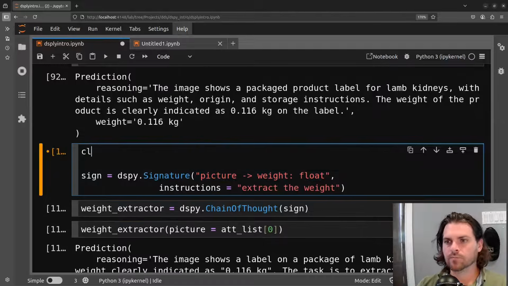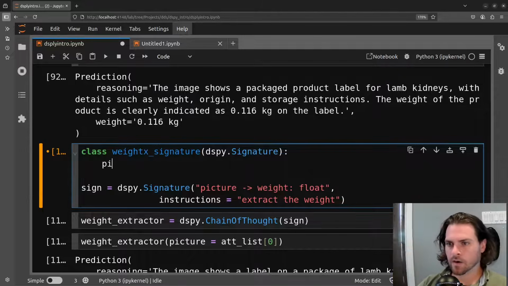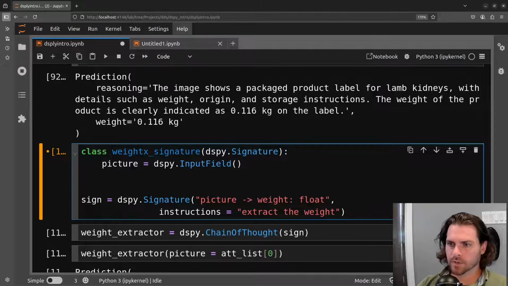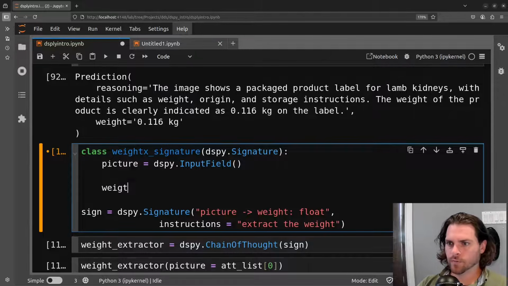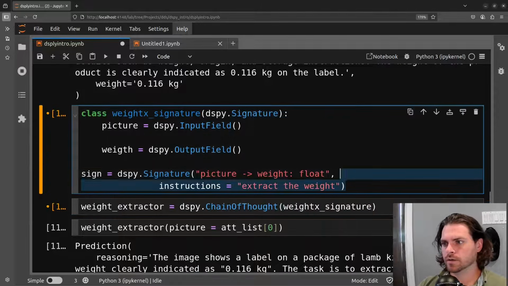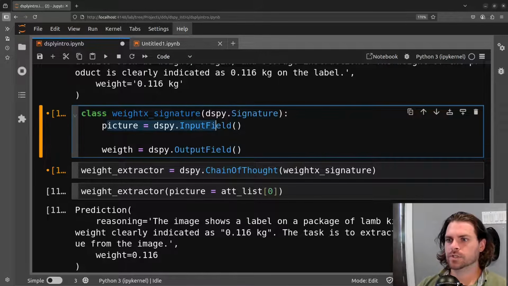We can give a name to our class. So we'll call it class weight. And so here what we will be defining are our inputs and our outputs. But in this case, we'll do equal dspy.InputField, and our outputs, let's go for the weight. We will give this straight into here, delete that. This is the other way we can define a signature. We define our inputs, define our outputs